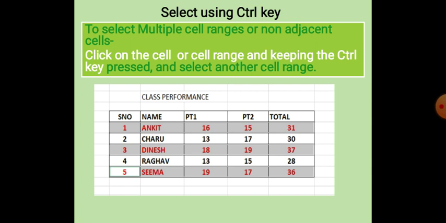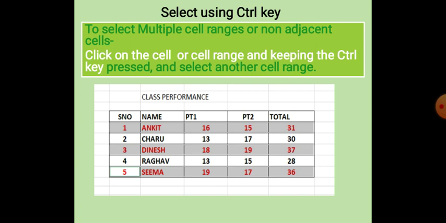Now we have to understand the use of the control key. Children, as the shift key is used to select adjacent cells, the control key is used to select non-adjacent cells that are far from each other and not necessarily in sequence. With the help of the control key we can select multiple cell ranges. How do we use the control key?